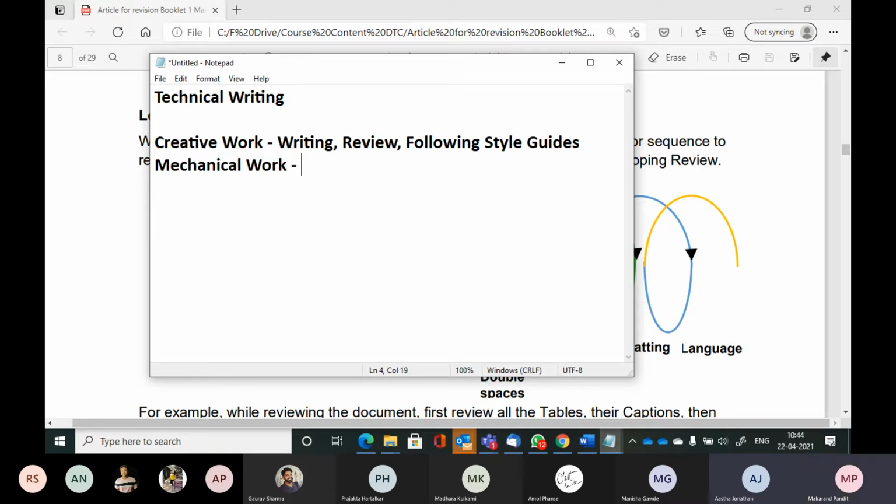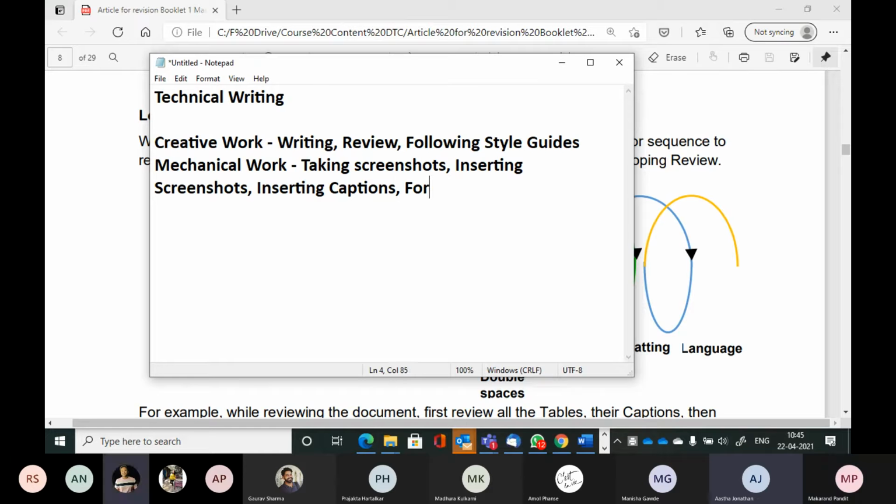Tell me, what is the mechanical work in technical writing? Taking screenshots. Okay. Then captions, inserting screenshots, inserting captions, and formatting tables.